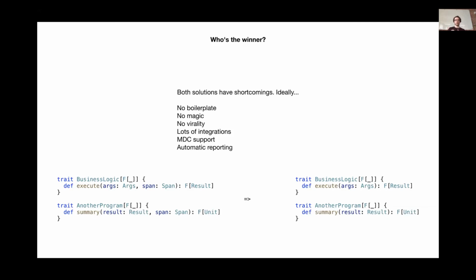What I mean by that is that the APIs are no longer polluted with the span information, the tracing information. We just focus on the business logic as we would like to, and the spans are managed in some different way. And we would also like to have lots of integrations so that we don't need to write them all ourselves,